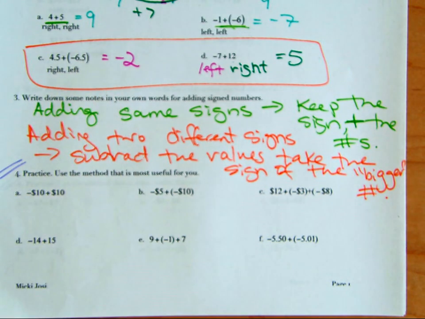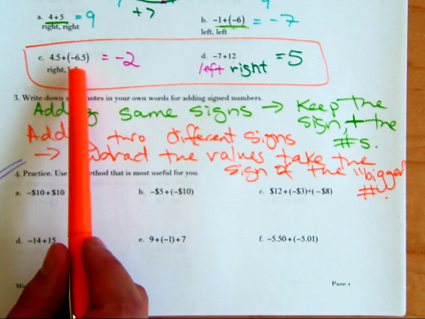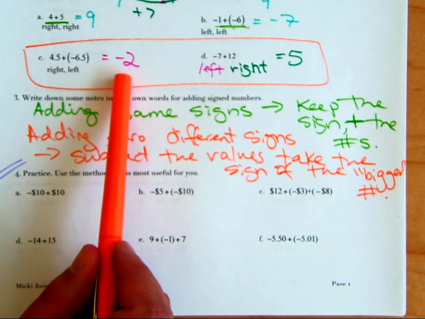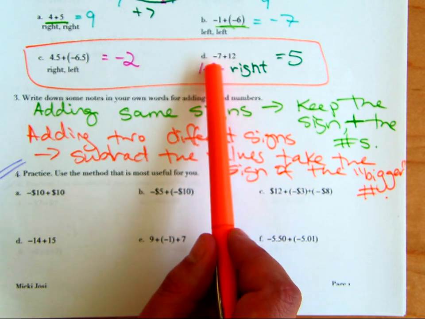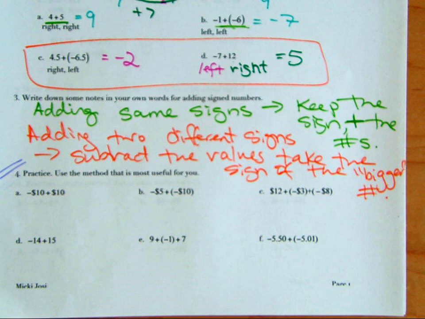So you're going to take the sign. So here, when the negative is bigger, we take that negative sign. Here, the positive number 12 was bigger than the negative 7, so we took a positive 5. So again, it's like the idea that your debt is competing with your income. Okay? So what I'm going to ask you to do now with your group is work on these practice problems. And we'll stop the video. That way the video is only 7